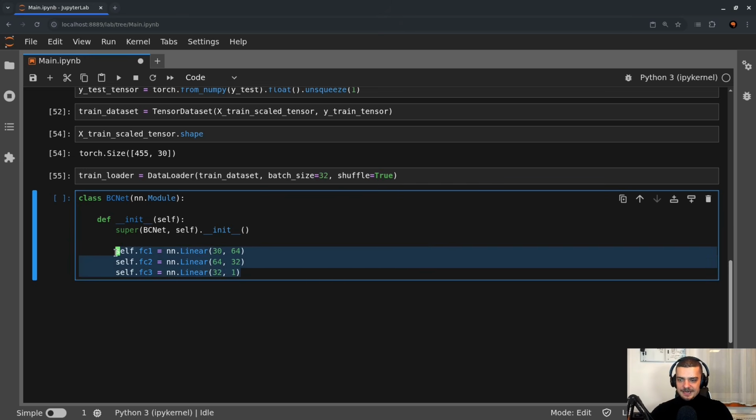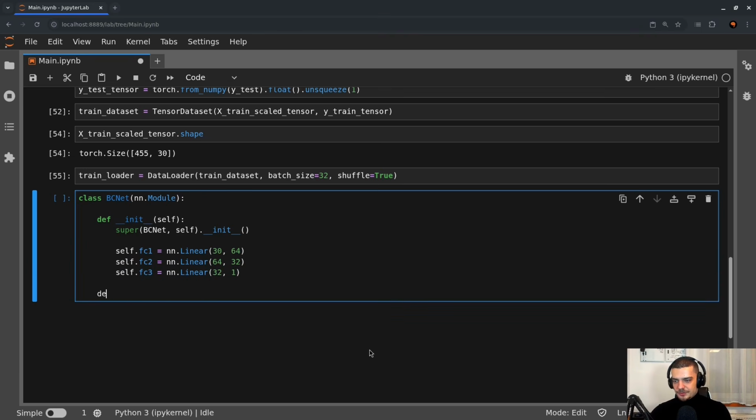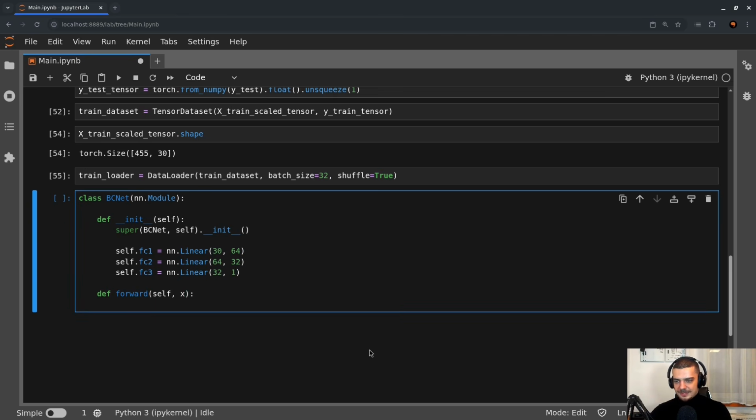So that is our architecture now, but this is just the structure. Now we actually need to say what happens if we put data through this neural network. And for this, we're going to use the function called forward. Forward takes self as a parameter and some input. I'm going to call it x, because input is a reserved keyword in Python, even though the PyTorch docs always use input. And we're going to say that this input x is going to be used. We're going to reassign the value here. x is going to be